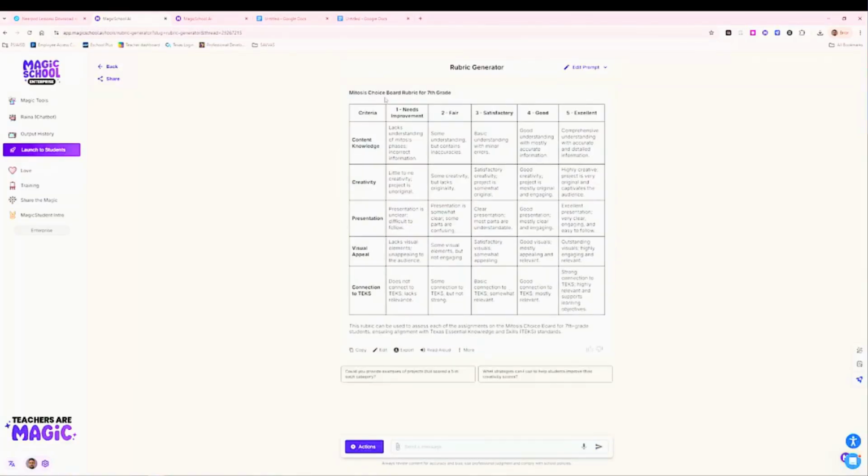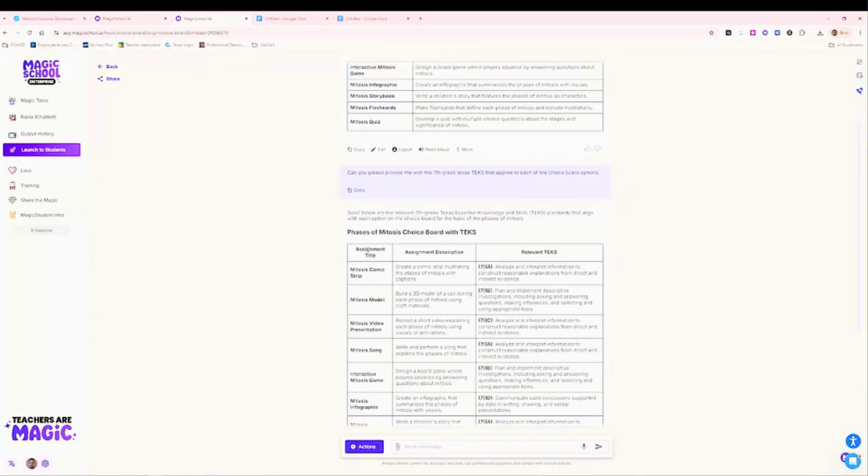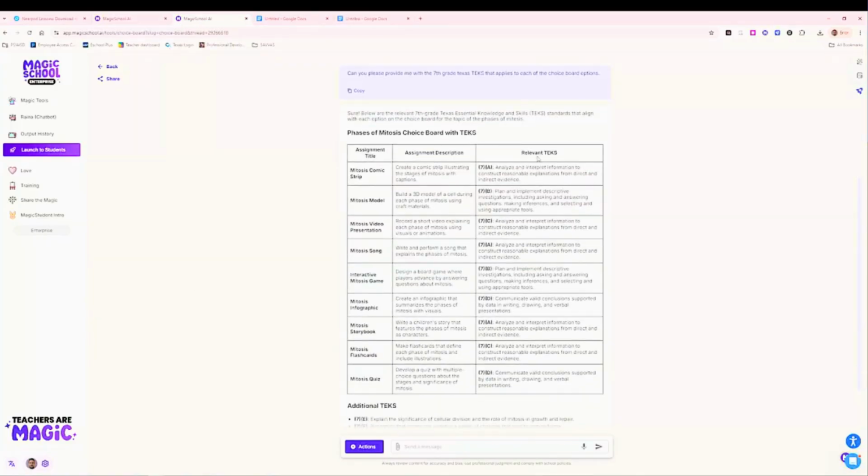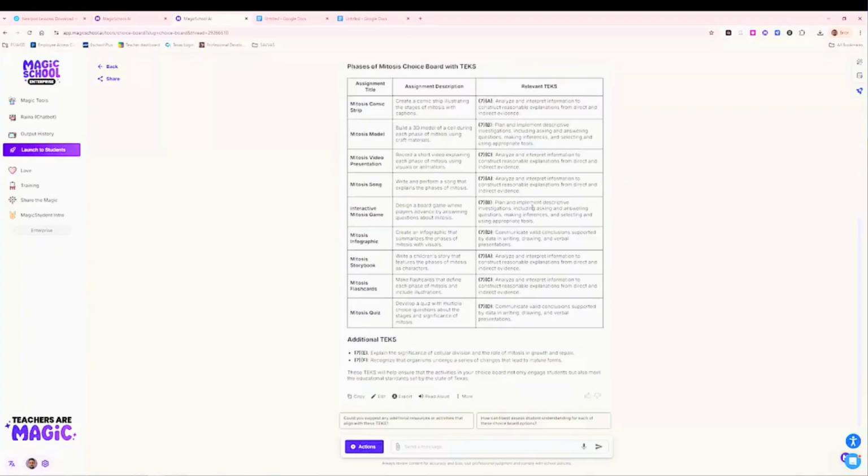It didn't give it to me as I wanted it, and that's exactly a good point, but it just gives you one rubric. Now I'm going to show you something that I've done in the past, because I do want a rubric for each of the assignments that we're doing in the choice board. If you go back into your choice board and you post prompt in here, create,